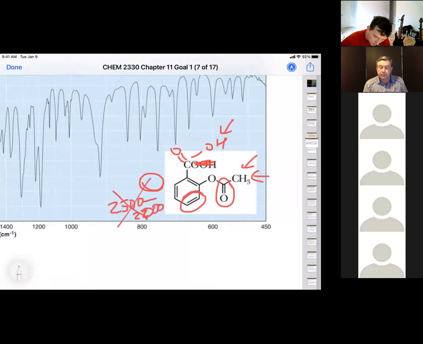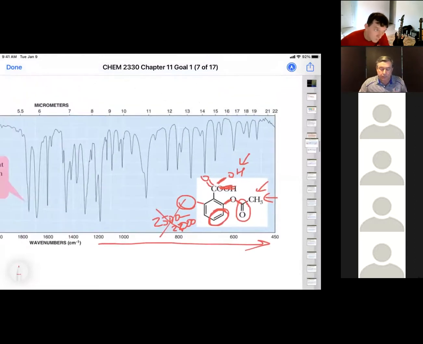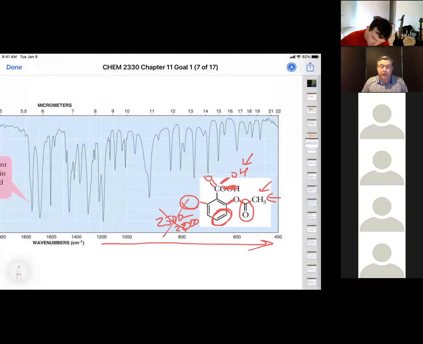We are going to see something in that 1500 to 2200. And then we'll probably see a bunch of other things for this carbon-oxygen bond here, this oxygen-carbon bond here. Those will show up somewhere else. That's the stuff that's going to show up below 1500. Okay. Now, notice how busy this below 1500 is. We call that the fingerprint region. It's hard to identify individual functional groups in that fingerprint region, but what's good is that you can take